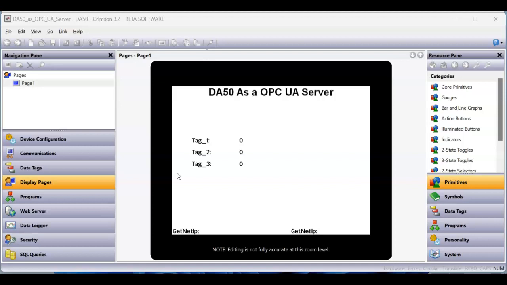I'm going to use a DA50 product running Crimson 3.2 as an OPC UA server. The DA50 in this application is a Group 3 product. I don't know if that matters, but anyway, it's a Group 3 product. And over here in Communications,